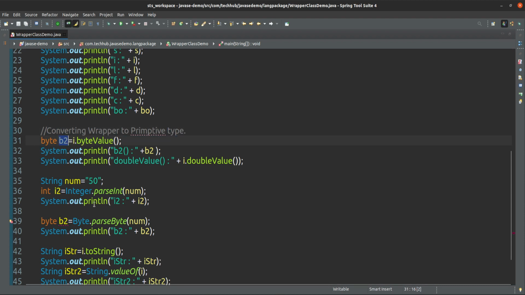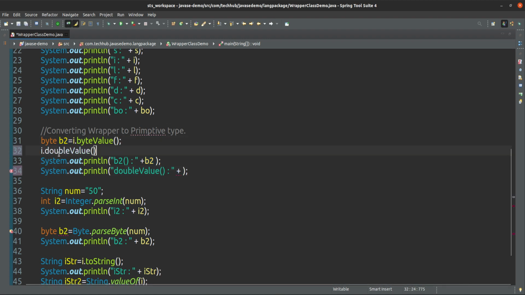We have converted into byte, or we can convert it into double. Yes, here we can convert into double D2. Yes, now this is a double.